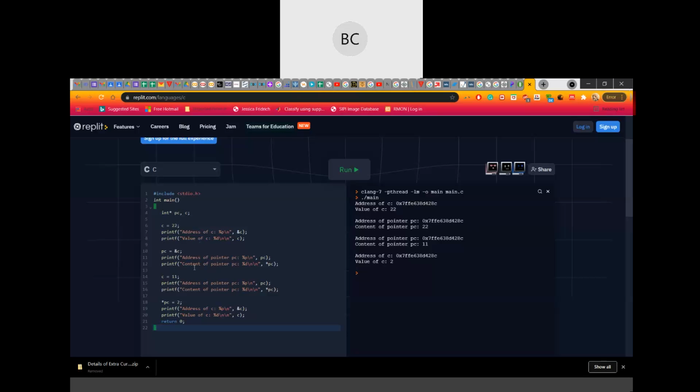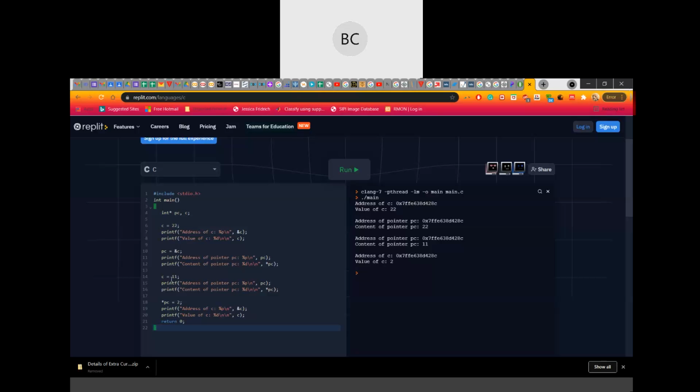Now if you want to access the value of the pointer, then you have to use this asterisk symbol, right? Pointer PC. Then only you will get the value which is 22 because pointer PC is just pointing to the variable C. Okay.